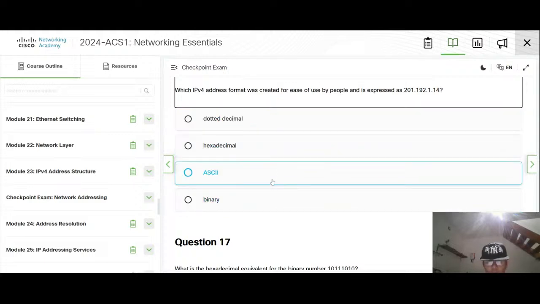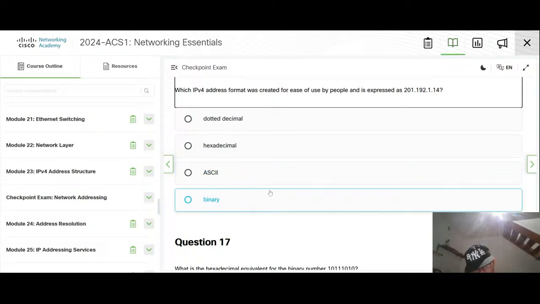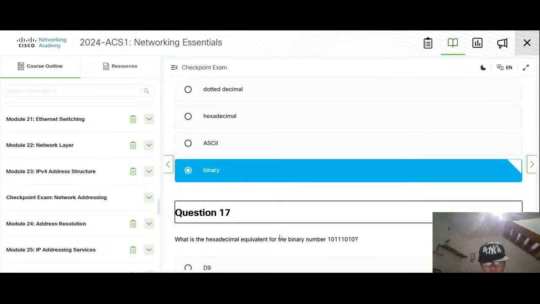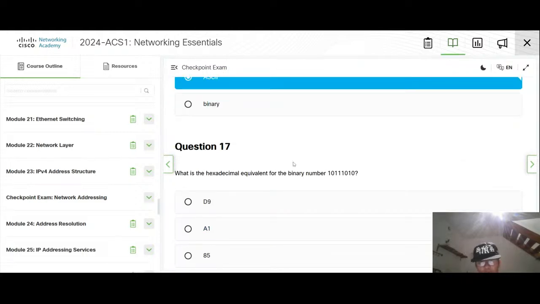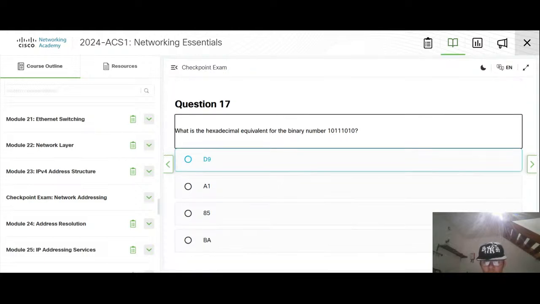Dotted as one more. ASCII, not binary as well, so it should be this. 8, 1 is 11, 11 is, and then 10 is A.